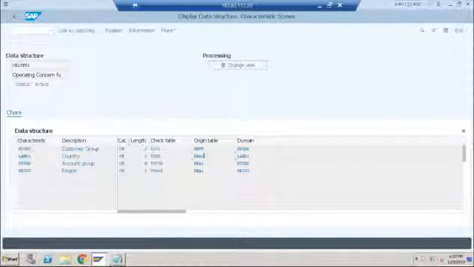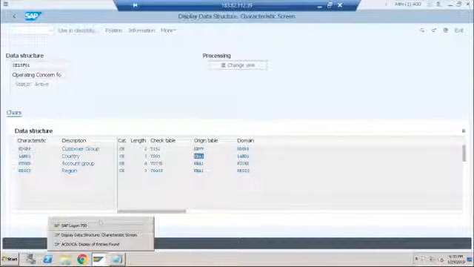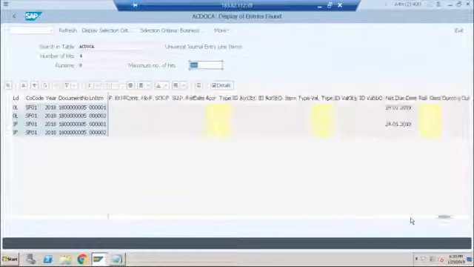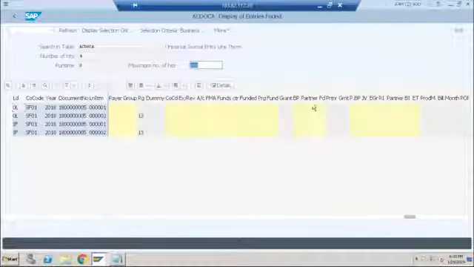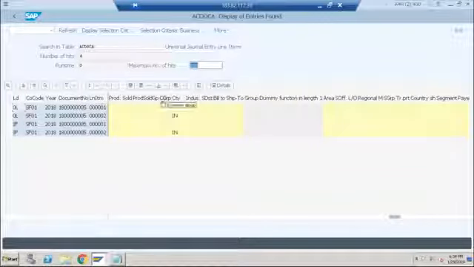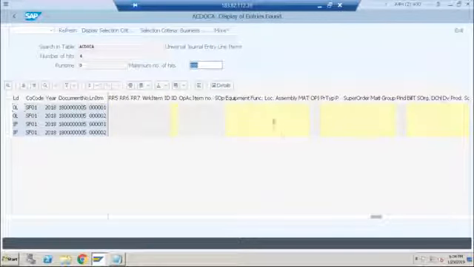This is because in my COPA structure, the data structure, the characteristics which are activated are taking the values from this main table KNA1. Like this, whatever number of characteristics or dimensions you want to see in your COPA reporting, for example funded program or partner group, you can see there are a lot of fields: customer group, product sales group. Most of these fields are actually coming from sales and distribution. Most of the information for profitability analysis you will get from the SD module.